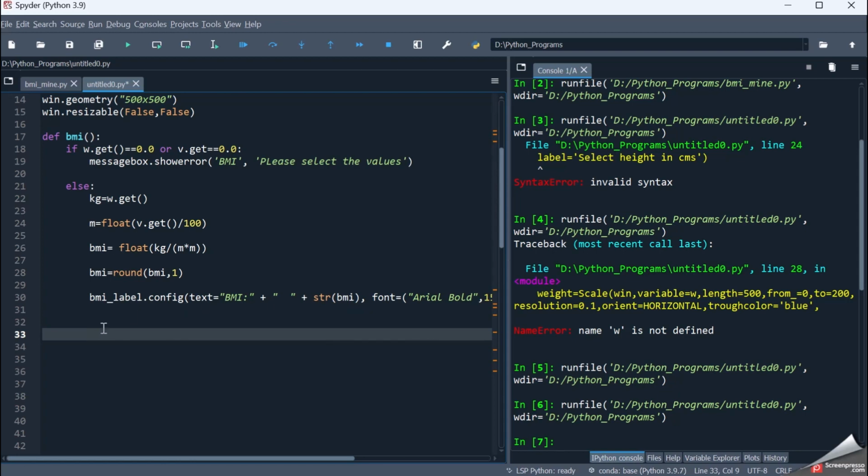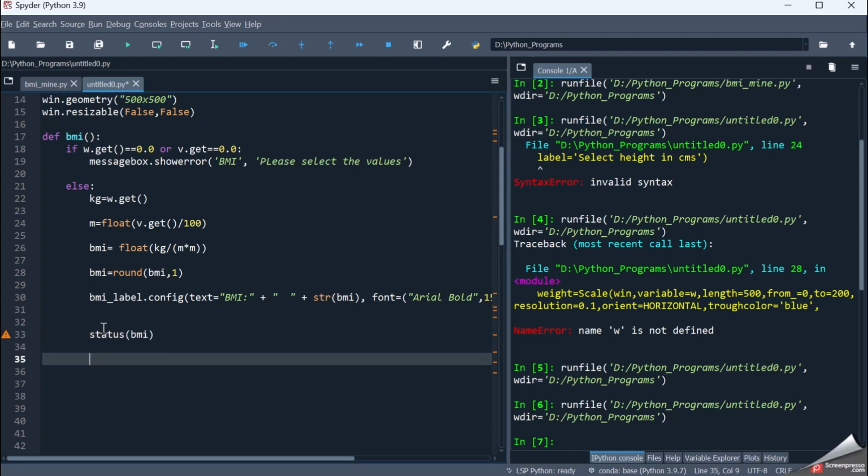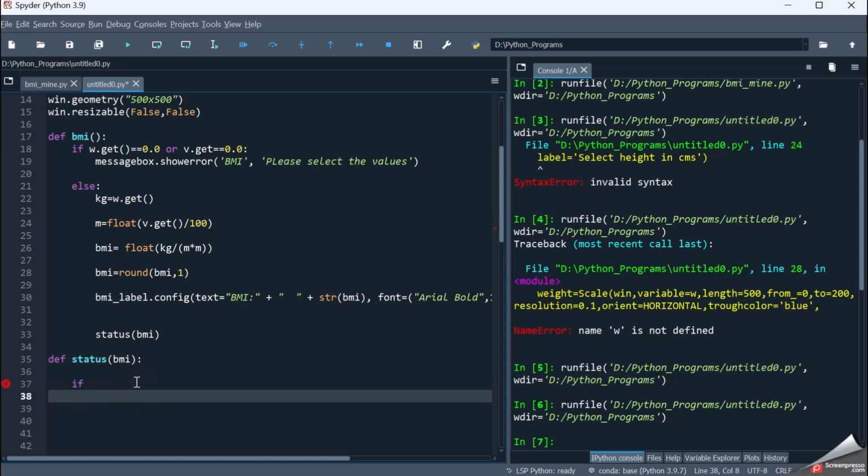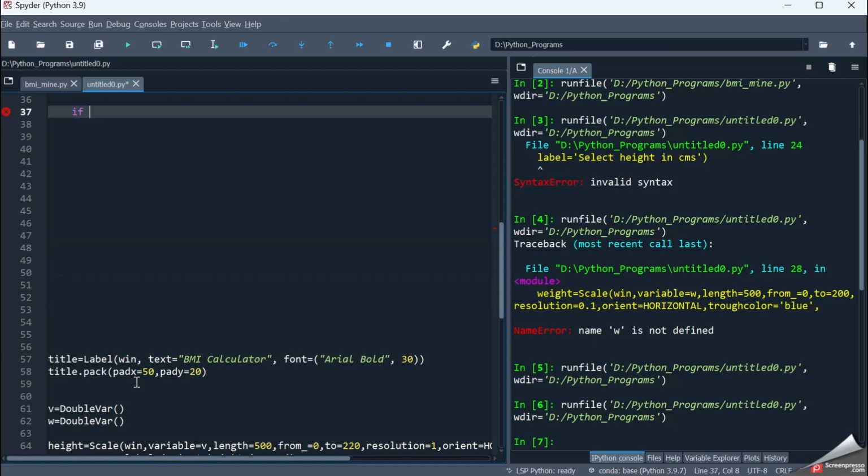Now we have to check if our BMI is more than 19 or less than 24. So those values we have to check. For that, let us call a status function and put the BMI value. And now let me define another function called status and pass the BMI value. Now I'm checking if BMI is less than or equal to 18.5,